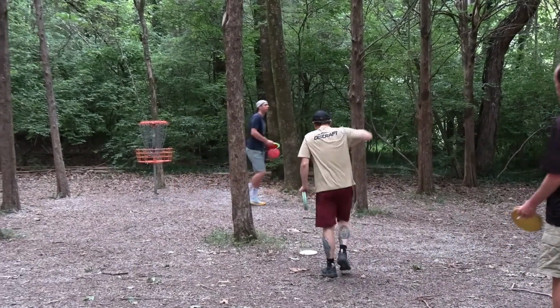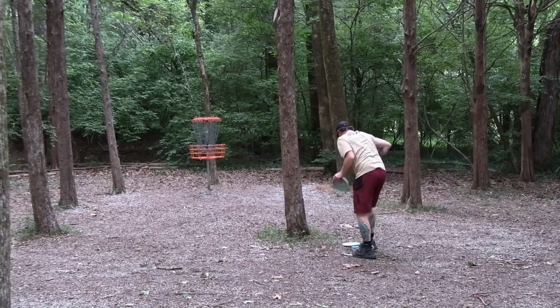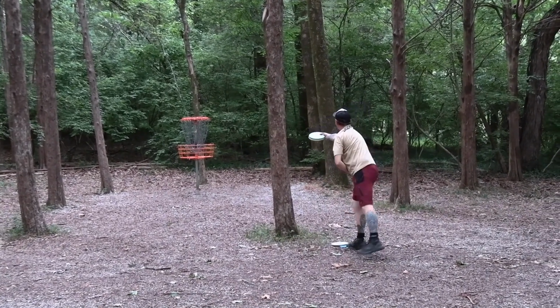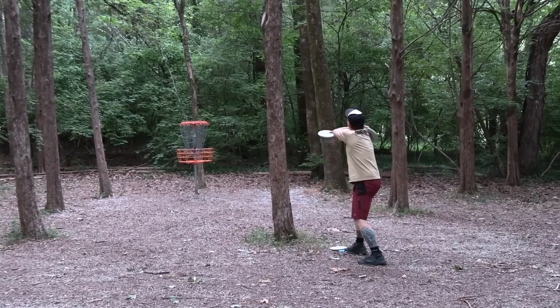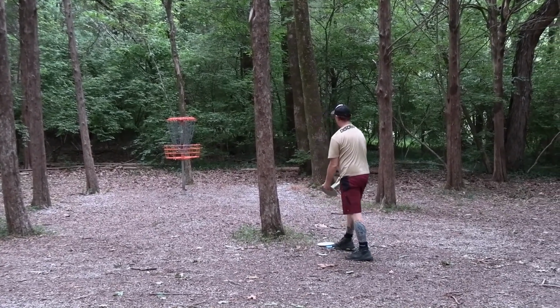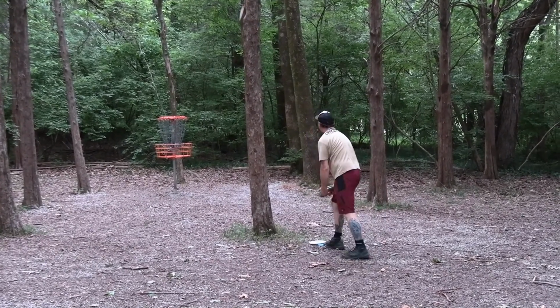Really tall cages on these Mach 5s. There's no pictures on the scorecard. Isn't that what they say? Yeah, very true. All right. The angle of this is... I can see this missing right. But, okay, now he's... Nope, he's going...